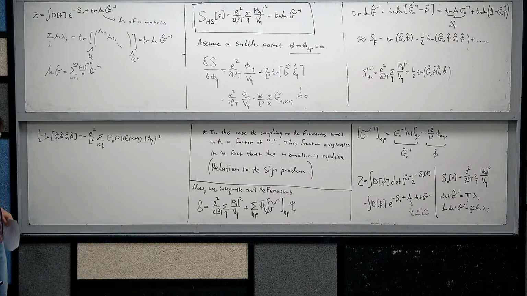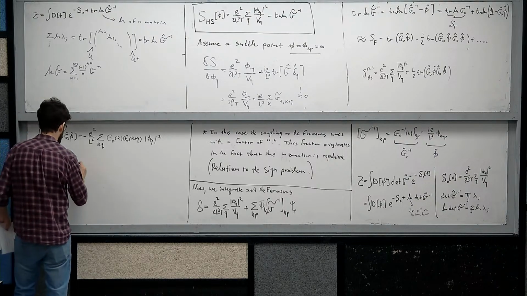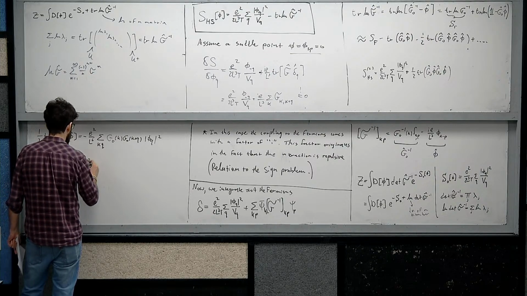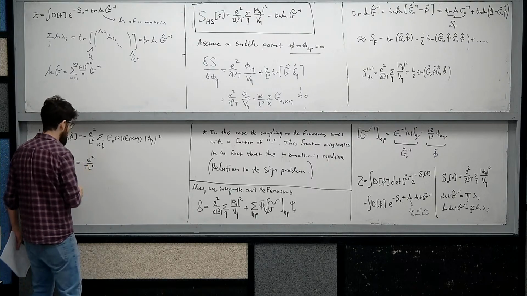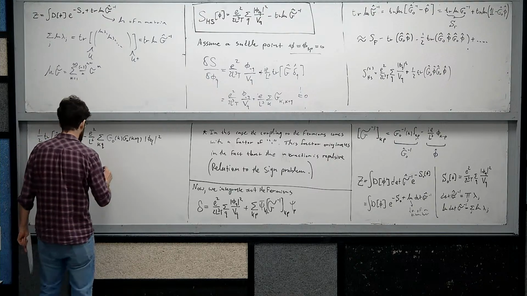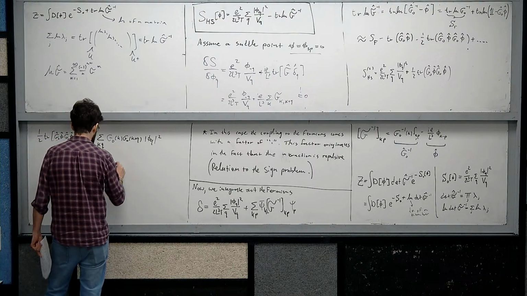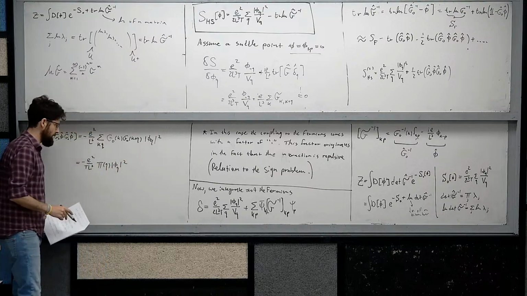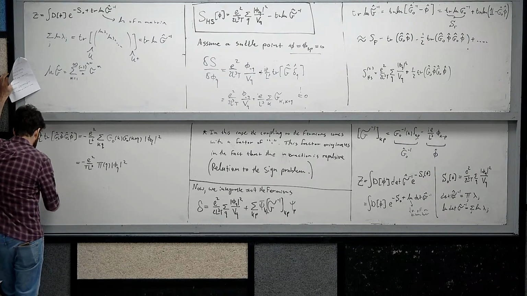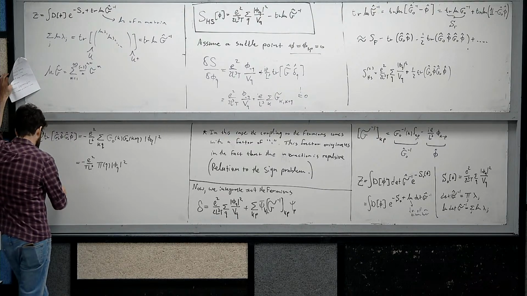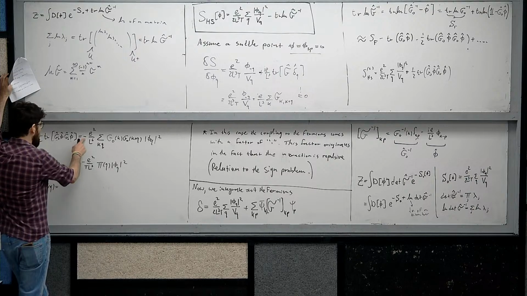Now I can erase all this. And then this thing is equal to minus e squared over L cubed T, pi of q, phi of q squared. And this pi is exactly the pi that we calculated last lecture. Do you remember him? Let's see if we can remember him by heart. Pi of q is